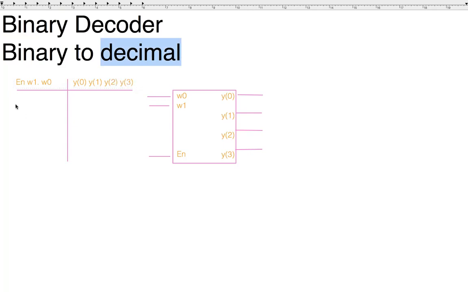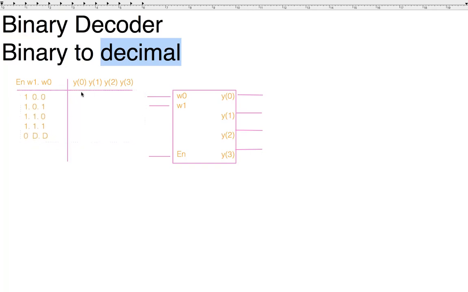Okay, so for this here, enable has to be activated in order for this to work. If it's not enabled, then the decoder is just not going to work. So we have to run through all of our different scenarios here. So it could be 1 0 0, could be 1 0 1, could be 1 1 0, could be 1 1 1. Okay, and then whenever it's 0, we don't care about anything else